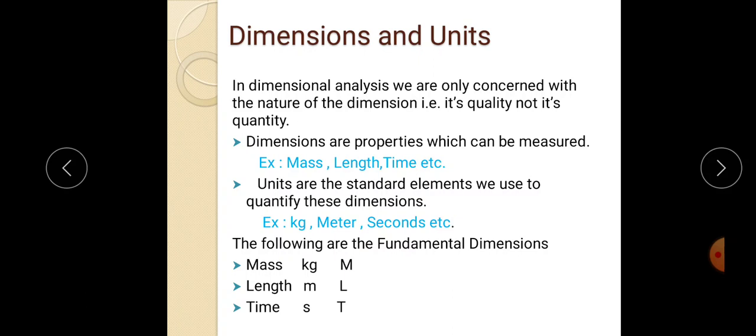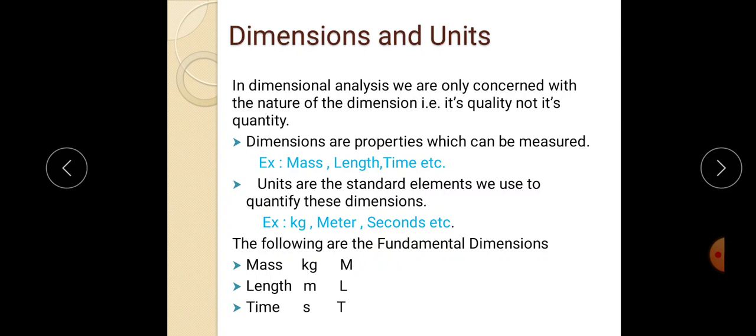Dimensions are actually of two types. One is the fundamental dimension and another one is the derived dimension. Here we will see fundamental dimensions, and in the next slide, I will be discussing derived or secondary dimensions. So here the fundamental dimensions are like mass, its unit is kilogram in MKS of course, and